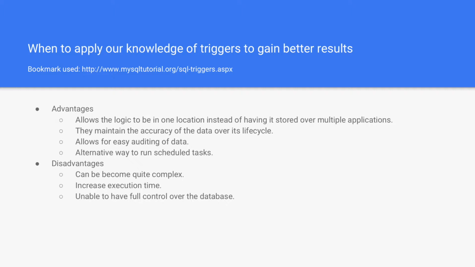over the database. Triggers provide an alternate way to run scheduled tasks, i.e., you don't have to wait to run scheduled tasks because triggers happen automatically before or after a change is made to the data in the tables. Triggers cannot replace all validations, as some need to be done in the application layer. Triggers, when they happen, are invisible to the client applications, and therefore when something goes wrong, you cannot decipher what